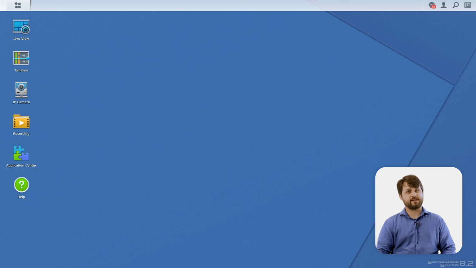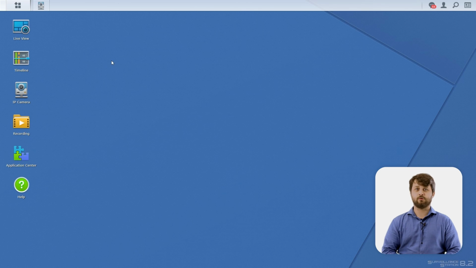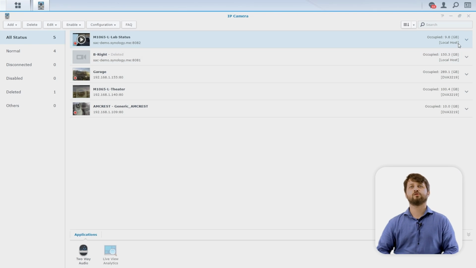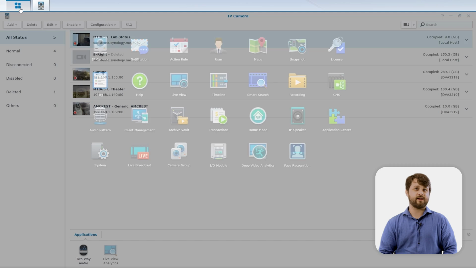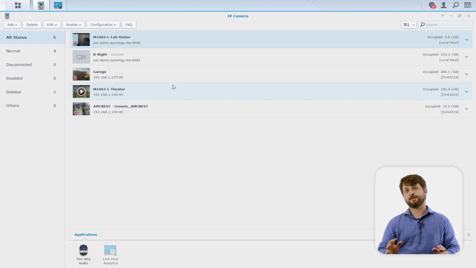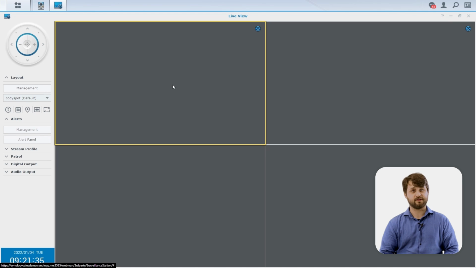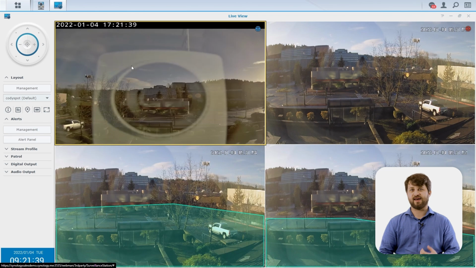So what's great about Surveillance Station is you can add IP cameras to record back to your Synology NAS using the storage there. So you can see we have multiple cameras retaining differing levels of footage for our physical assets in our lab in this case. And you can do a very similar thing for your physical assets on your property. What's also great is you can do easy live view of all of these different cameras from one easy to view pane of glass. And this is true for the DSCam and the desktop client on top of that.